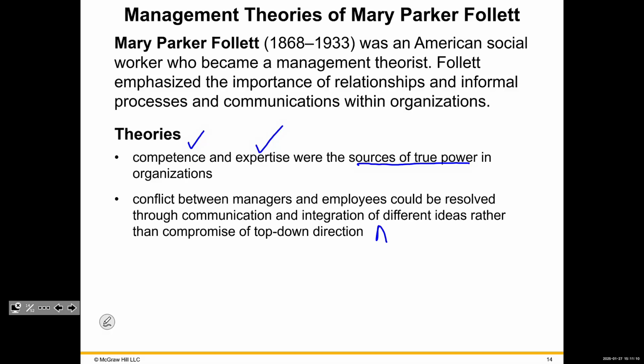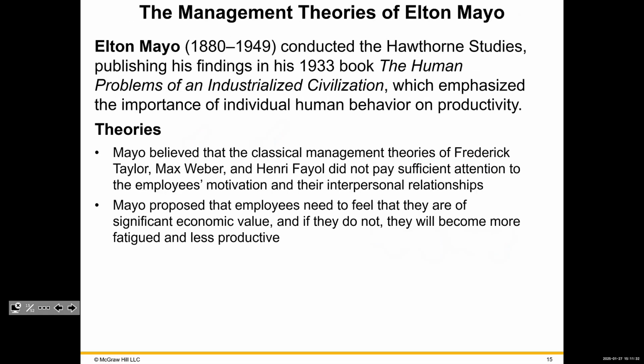We also have what's known as the agency theory. The agency theory states that you as an employee are an agent for the company, but there are opposing views, right? Because the company wants to maximize shareholder wealth, and you want to maximize, hopefully, your own wealth. So that's where those theories come in. Then we have Elton Mayo, and he did the Hawthorne studies and basically the human problems of industrialized civilization and how our behavior impacts productivity. And we don't like that from a business perspective, right? And so he was more into classical management theory.